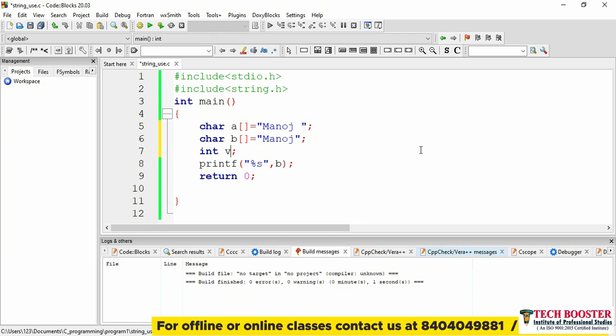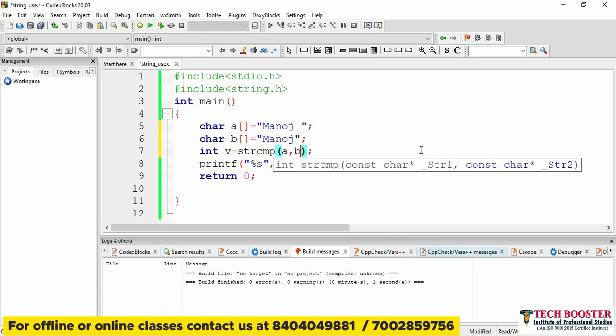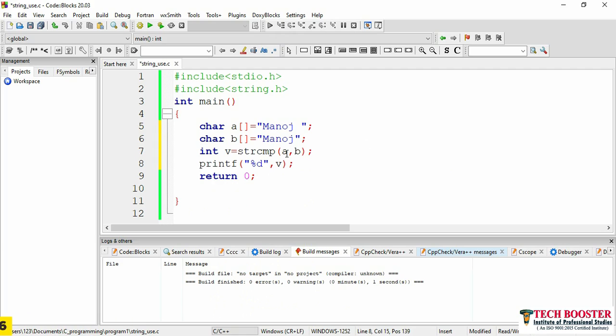So let me consider v equals strcmp A comma B. I'm comparing A with B. Now I'll store my output. My output here will be %d, because this is an integer. Now as both the strings are same, if you run, your output will be 0.